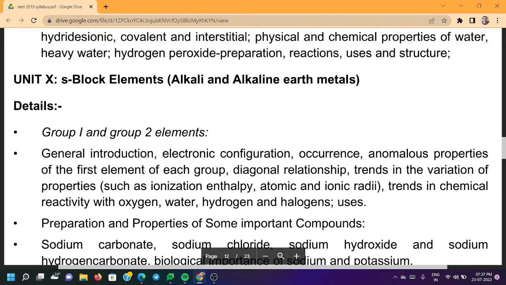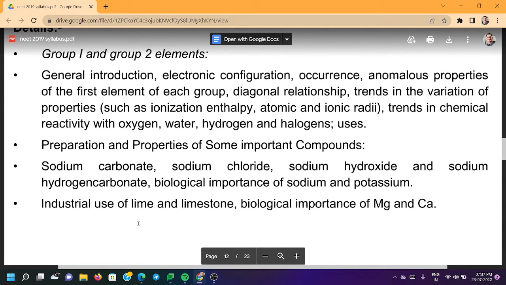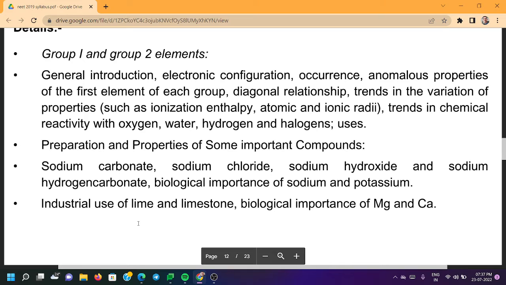Class 11 Unit 10 S block elements. Chemistry, alkali and alkaline earth metals. Group 1 and Group 2 elements. General introduction, electronic configuration, occurrence, anomalous properties of the first element of each group, diagonal relationship, trends in the variation of